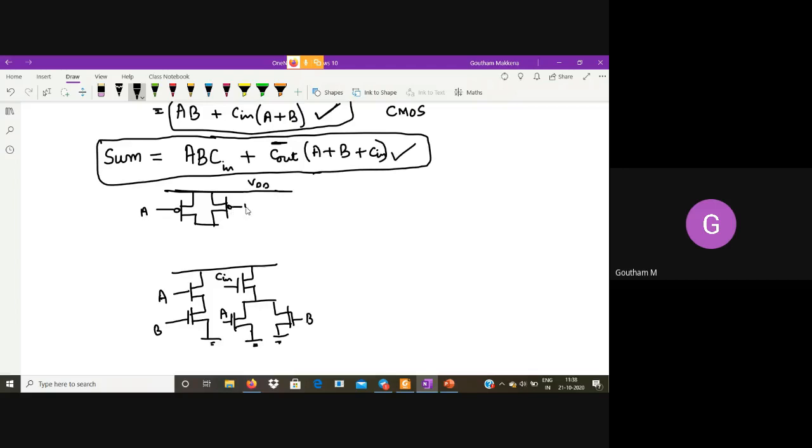This is A. This is B. Plus is nothing but series connection. C in into A plus B. Plus, okay, what did I miss here?